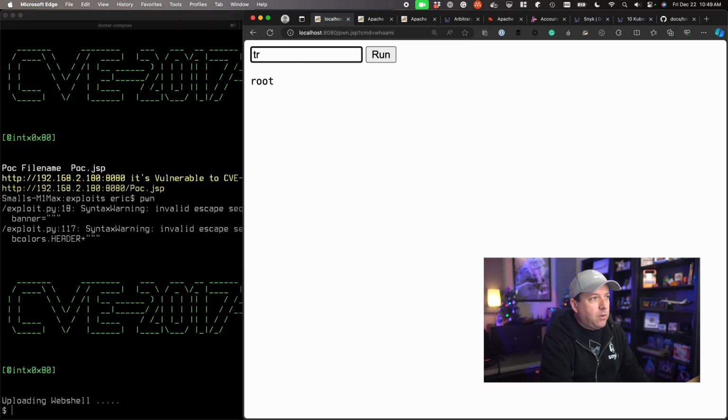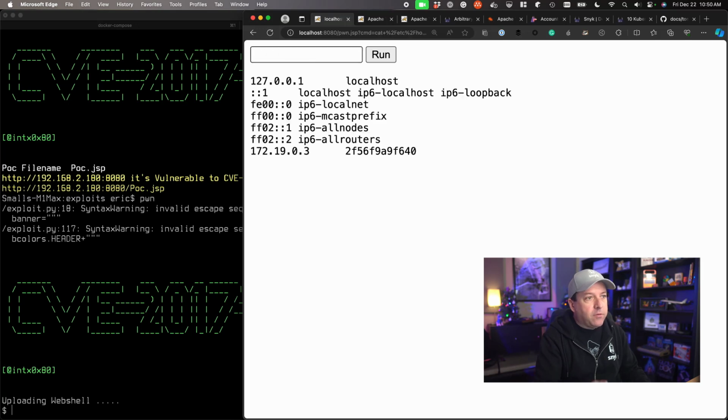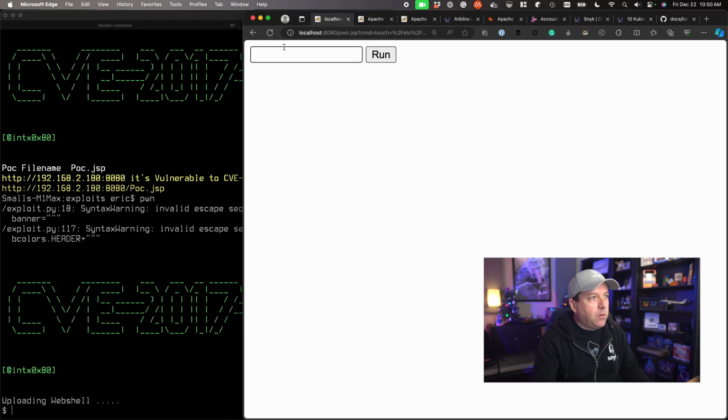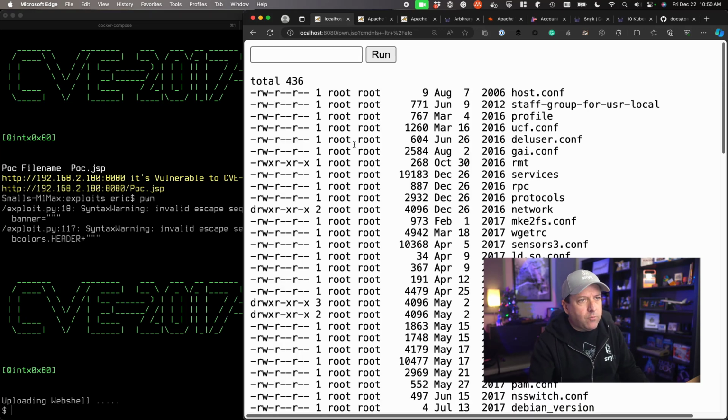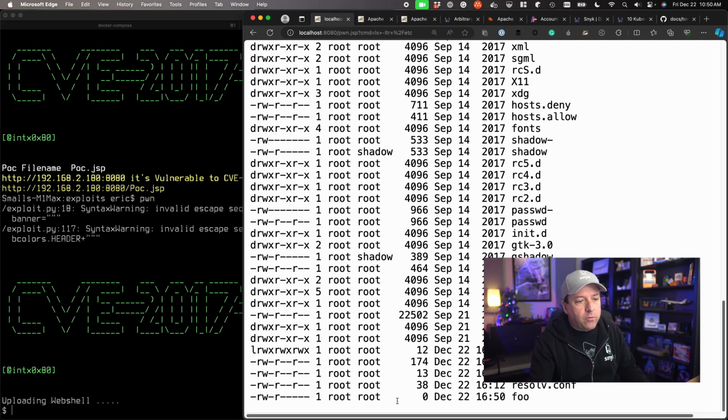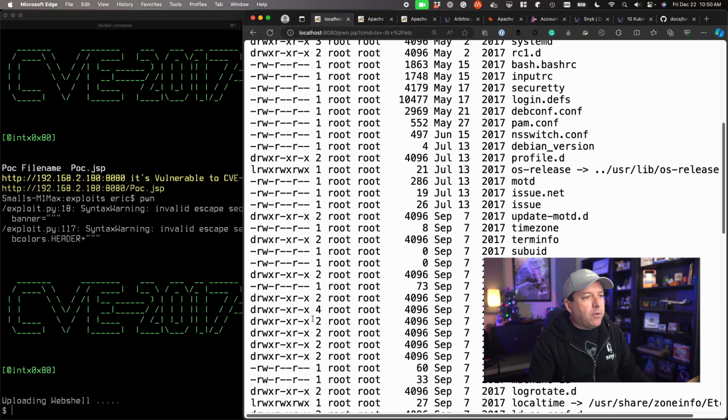Let's see. Obviously, since I have permissions, I should be able to see things like files in /etc. There's the hosts file for this machine. Let's see if I can create a file there. Let's touch /etc/foo. Now we'll do ls -ltr on /etc. Scroll to the bottom. Sure enough, root created a file called foo just now. So I have a writable file system. What else could we do?